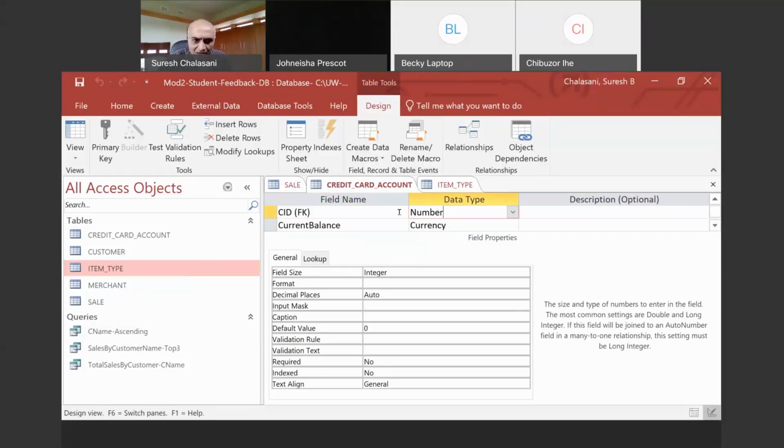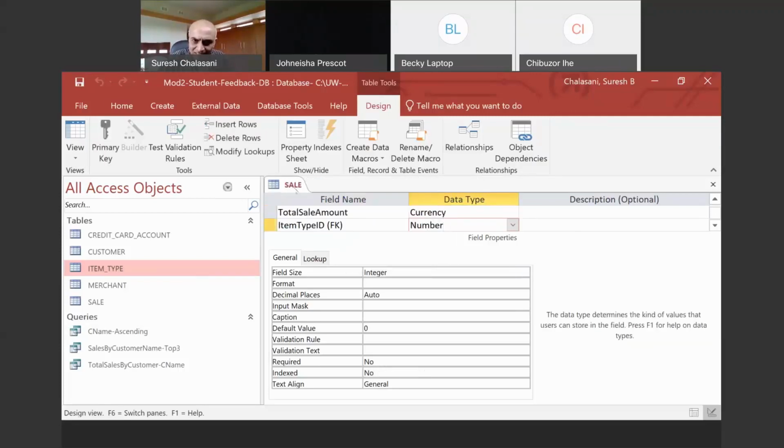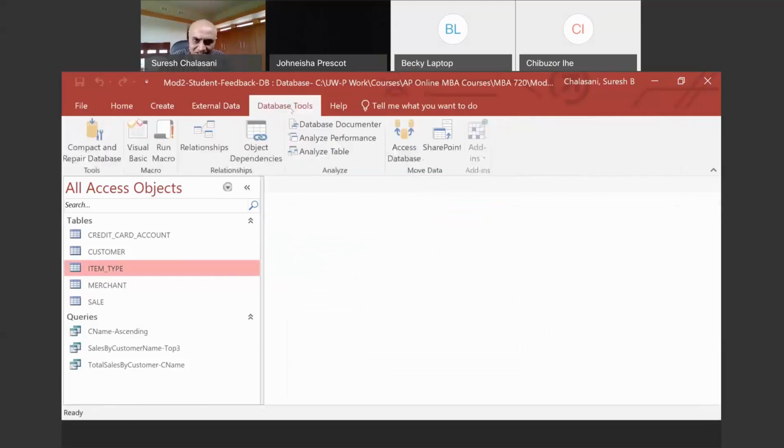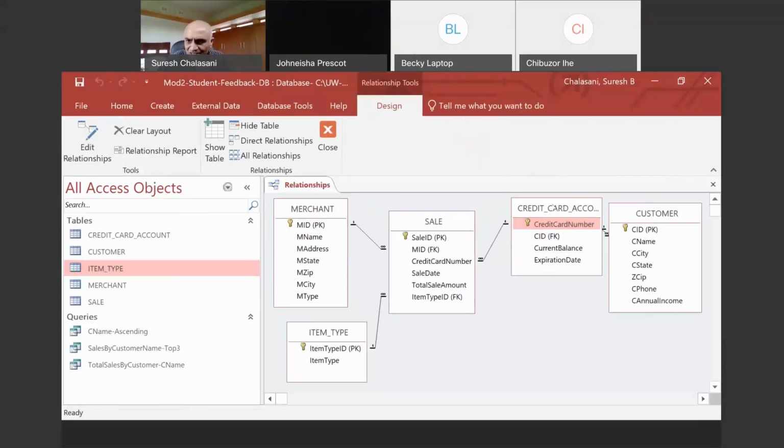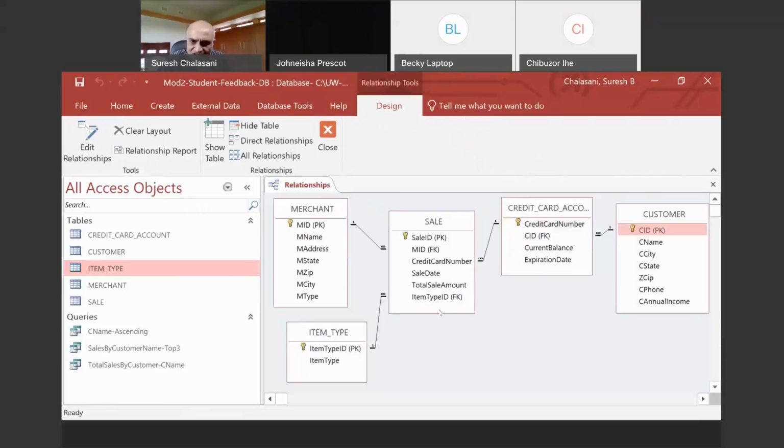So I want you to go through these and match the data types across these tables. The reason for you to match these, I'm going to come back to that right now, is that if you go to the database tools at the top, this is where you construct the relationships. The relationships are constructed using this database tools tab, and by clicking on relationships. If you look at the relationships here, I already have these relationships constructed.